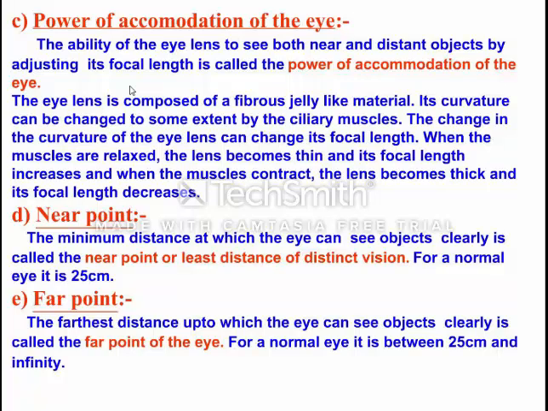So you know that the function of the iris is to control the amount of light entering the pupil, and the color of the iris is different, and the color of the iris is responsible for the color of the eye, and the color of the pupil is always black. It is not of different color. The pupil can contract also and expand also. When we move into dim light, the pupil expands, and when we come to bright light, the pupil contracts.